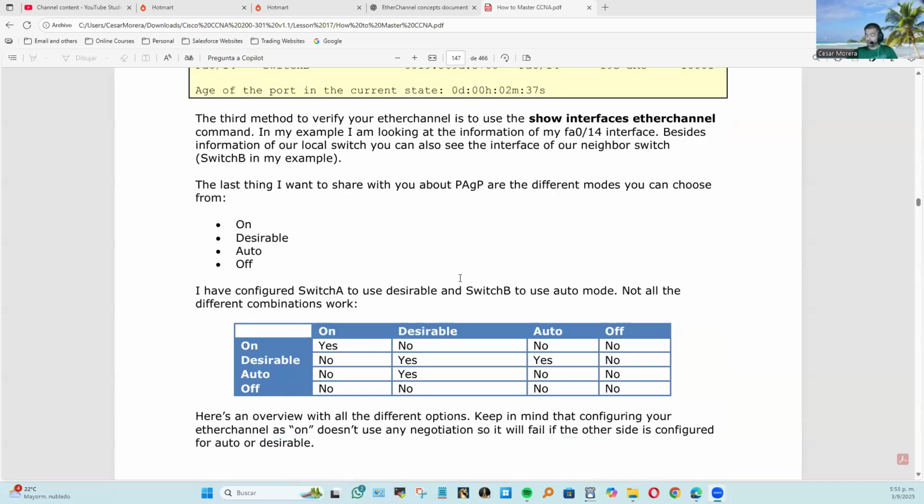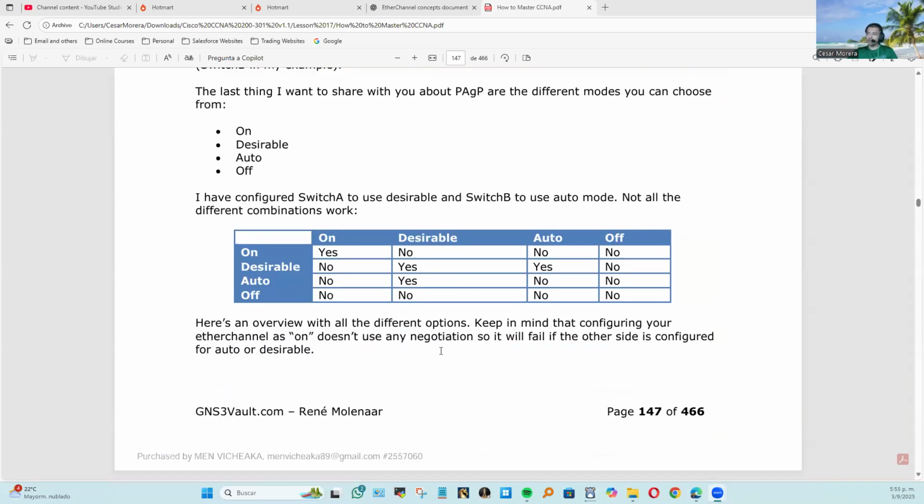Those are the modes that we have for PAgP. And I have configured switch A to use desirable and switch B to use auto mode. Not all the different combinations work. So we have